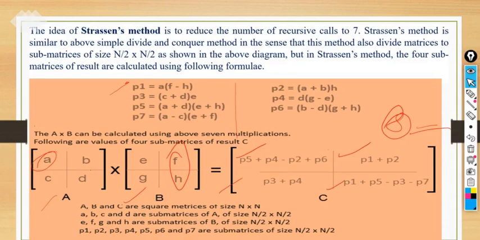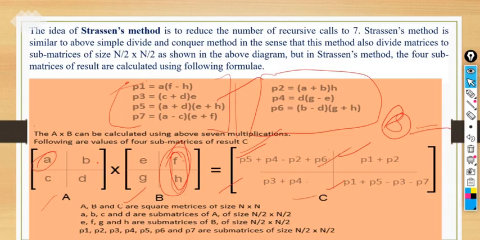So when we see here F minus H, the single component A is multiplying by both the components here. These are the key points that you need to remember regarding Strassen matrix multiplication, on the basis of which this multiplication depends. Here A, B, C are the square matrices of n by n, and small a, b, c, d are the sub matrices of A with the size n by 2 by n by 2. We have divided the matrices into n by 2 sub matrices, right? These are the formulations on the basis of which we have written this, like P4, P5 terms, P2, P6 terms are there. So we have mentioned it over here.